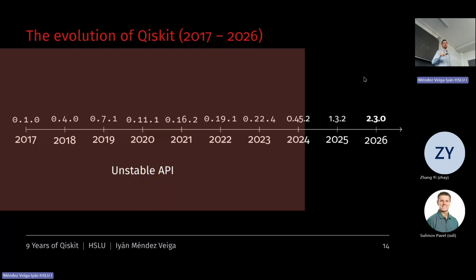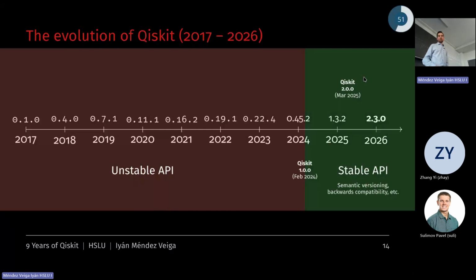So every time there is a new release, you know that your code might be broken because they are changing, because they are removing, they are not following a strict deprecation policy. So you write a code, you open the next month, nothing works. This was the rule. And this was the rule till February 2024.